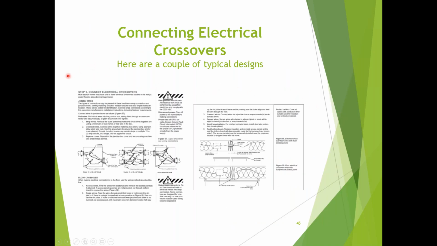Electrical connections, same thing. You have to make a connection between the two boxes, the two halves, the two sections. Some will be in junction boxes, some of your connections because of your larger wires, your range, your dryers, your furnaces. Others will be junction boxes in the floor with access panels. Some will have quick connects that are underneath in the floor or at the end of the house with